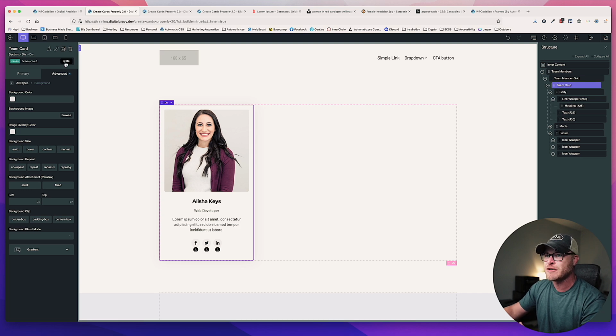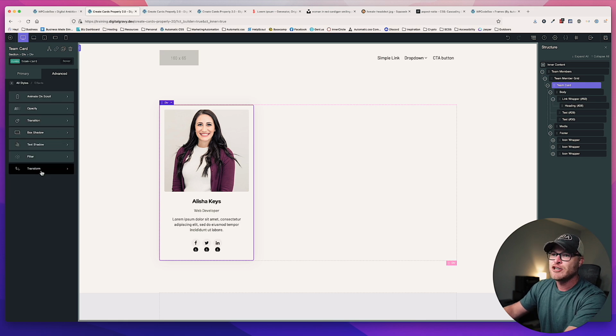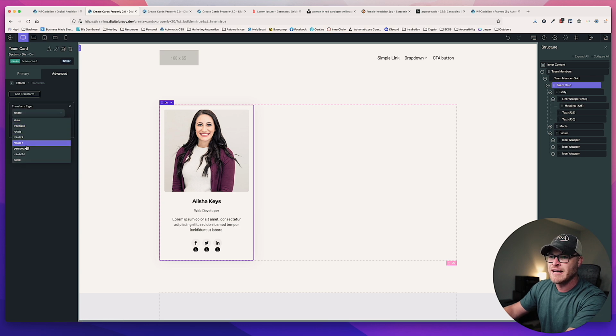So you don't have to worry about doing anything crazy here. You can just apply hover styles like you normally would. So I'm going to do a hover style of, let's do effects, transform, add transform. We're going to do, not a scale, we'll do a translate,